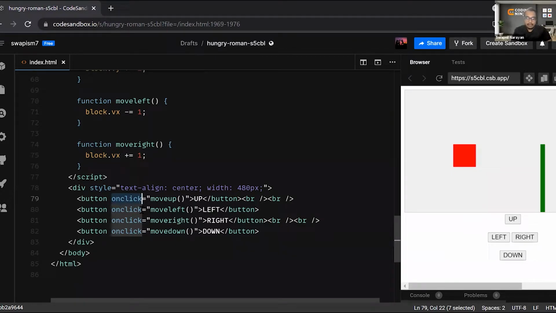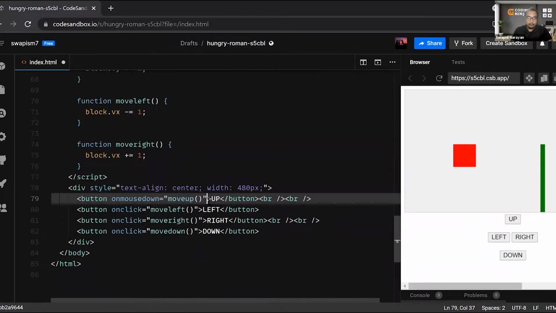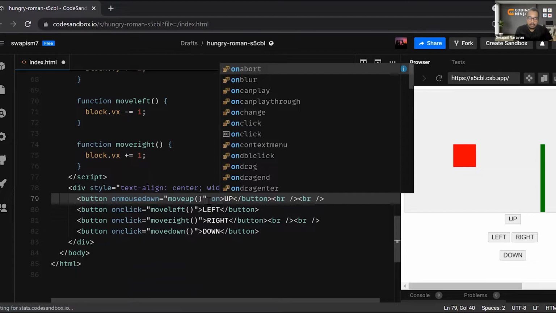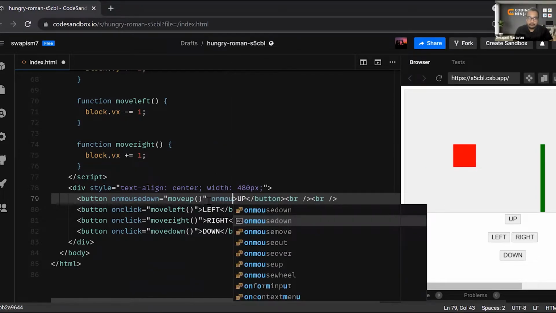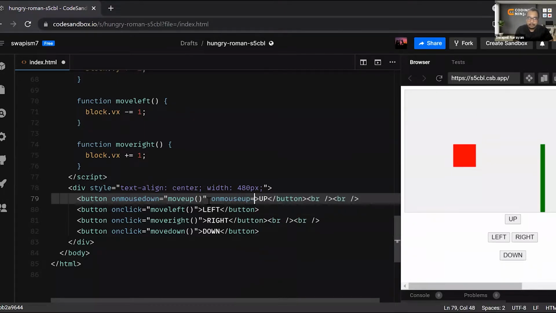On mouse down, this will move. And on mouse up, we will make another function that will clear the movement. Fine.